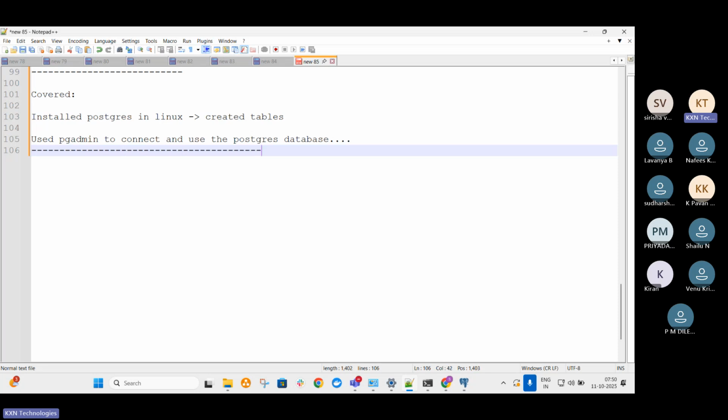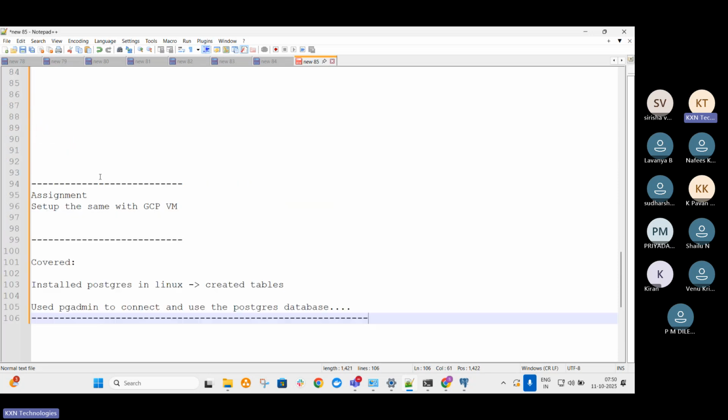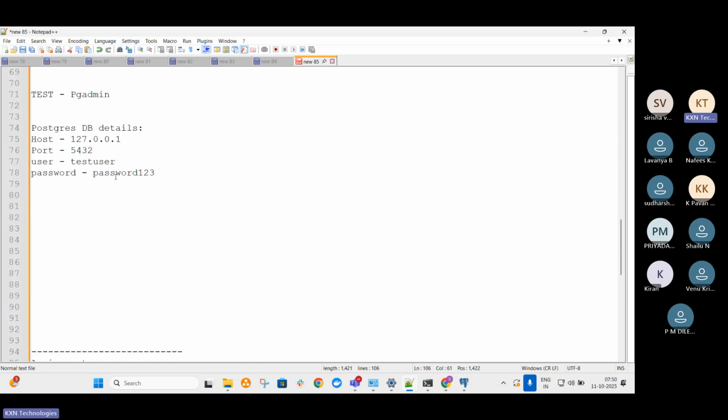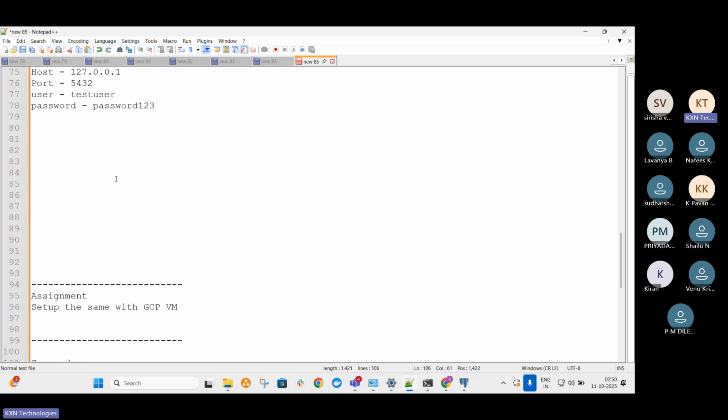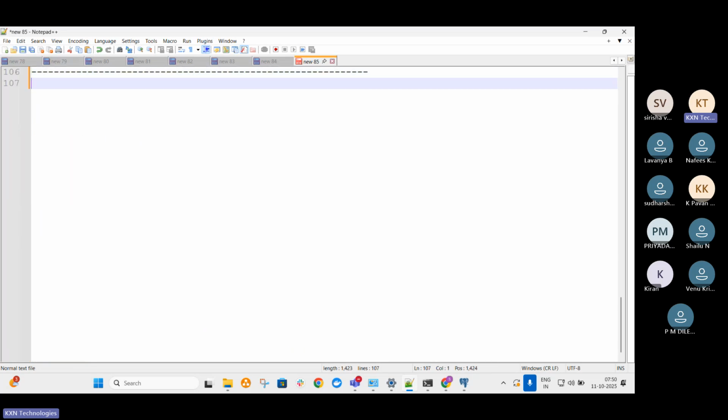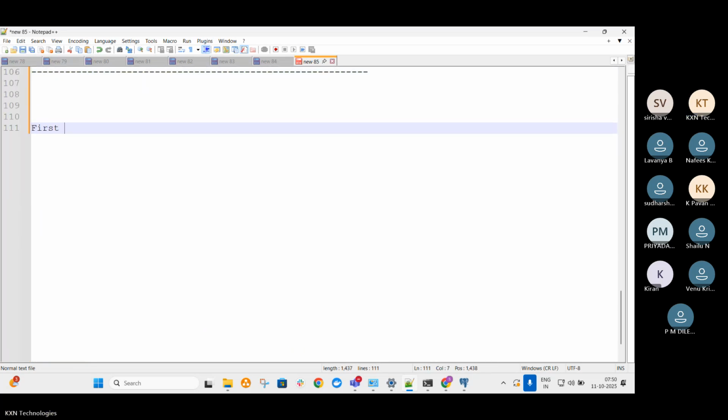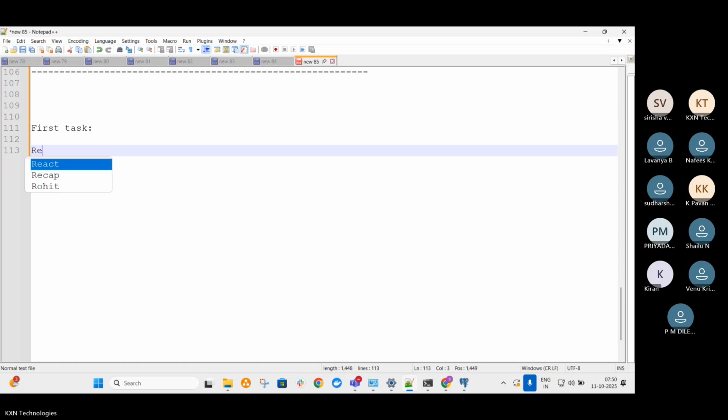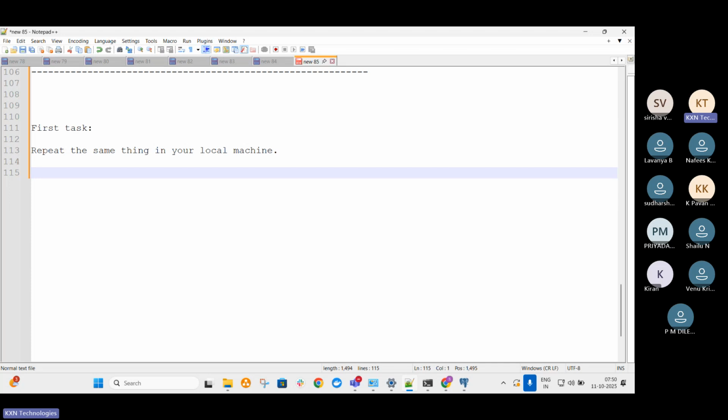Okay, so now that you understood how to install Postgres in the Linux box and use it, your job today, first task: repeat the same thing in your local machine. That's task number one. Next, task number two,